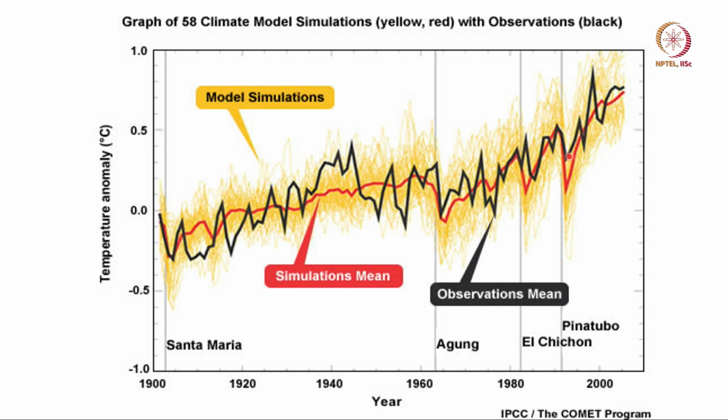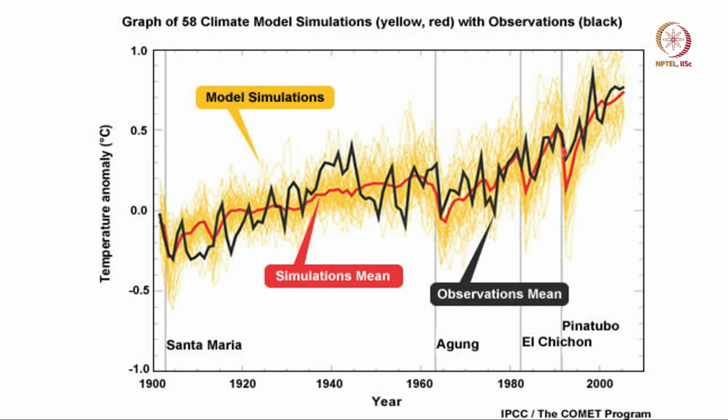For example, the volcano Pinatubo erupted in June 1991, and the model simulation of the cooling is a little too high compared to observations. Now, this could be due to model limitations, or it could also be due to the fact that we did not correctly put in the data from the volcano. When a volcano erupts, you have to get the right data of the kind of particles it put into the atmosphere, its properties, its amount. So there could be some errors there also.